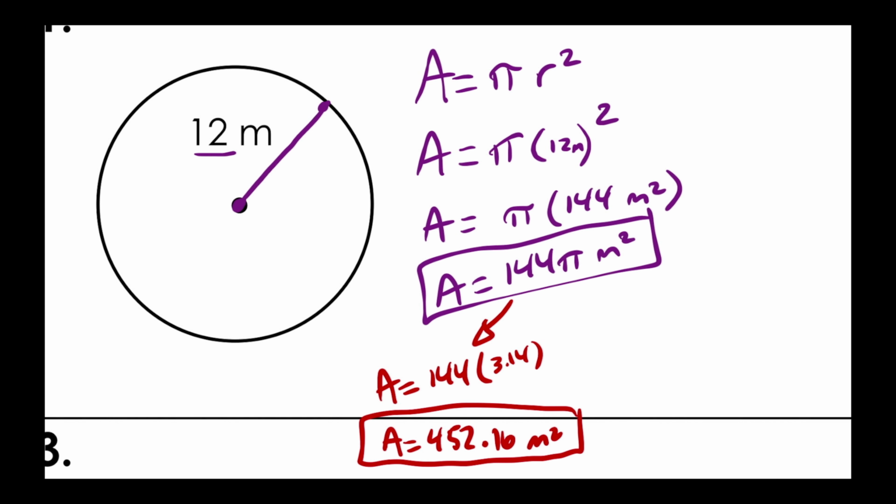But if you want to be a little more accurate, you can say the area equals 144 times pi. If you're doing this on your phone, turn your phone sideways, put 144, then put times, and there should be a pi button. Hit the pi button and then hit equals, and you get a more exact answer. So the area is more exactly 452.16